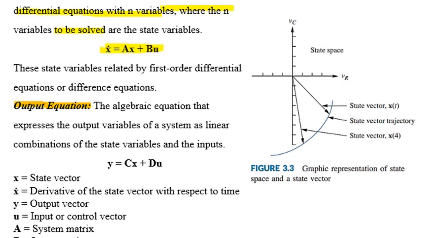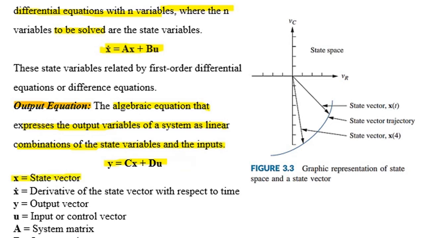As studied, a state variable is a set of parameters which provide sufficient information about the system, and these variables must be dynamic in the system. So when these variables are represented in first order differential form, this is known as the state equation. Next is the output equation, an algebraic equation that expresses output variables of a system as a linear combination of state variables